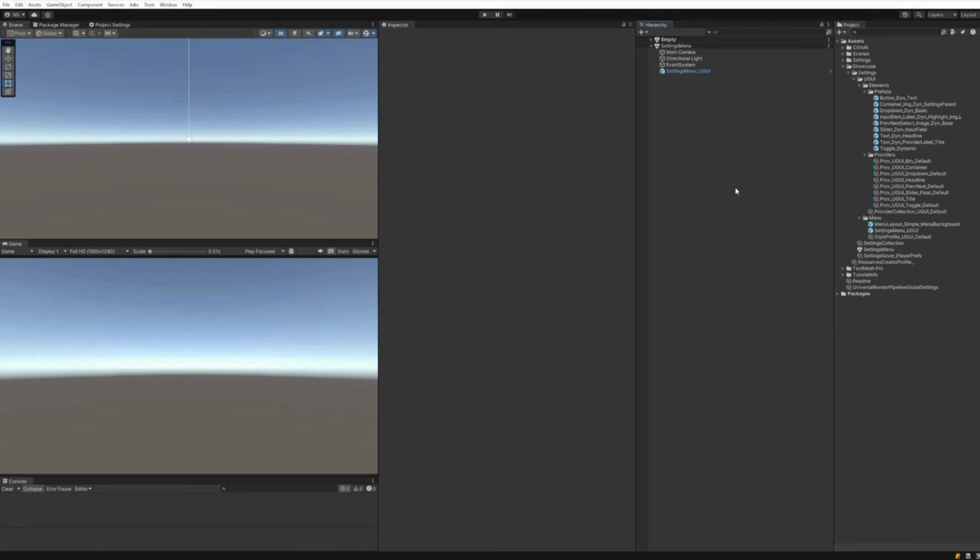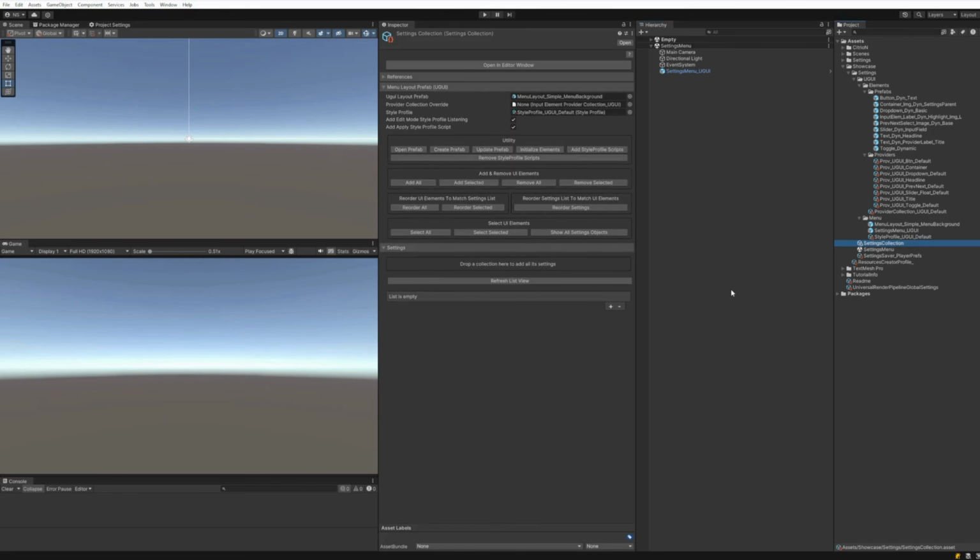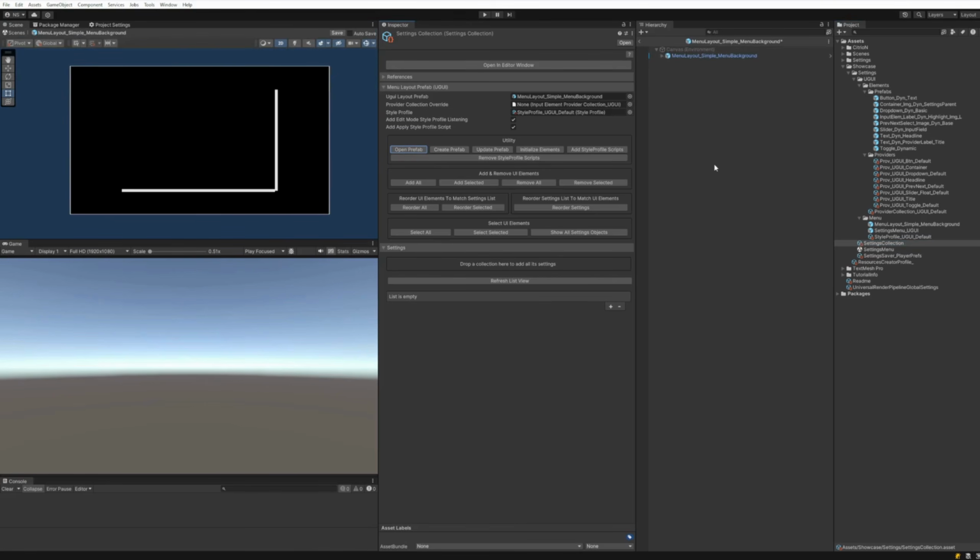All right, let's start by adding settings to our settings collection and therefore the prefab. Let's click on the settings collection and open the prefab so we can see all the changes that we're doing. Now, the first thing is adding a new setting. Let's go with